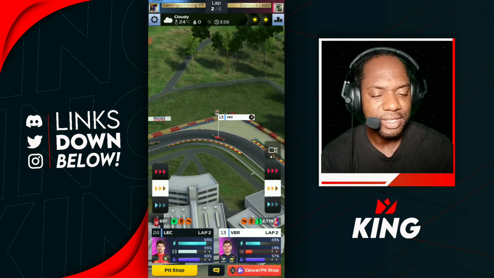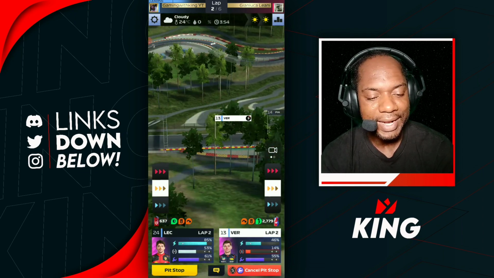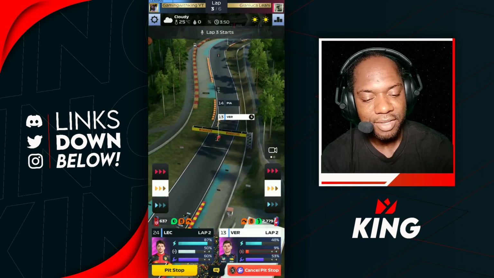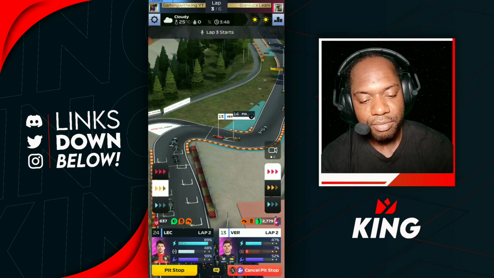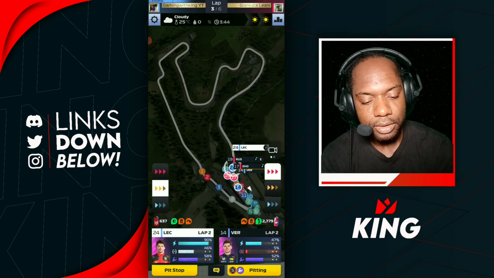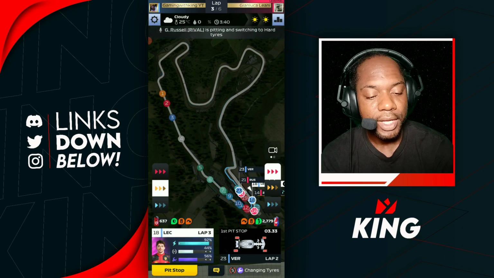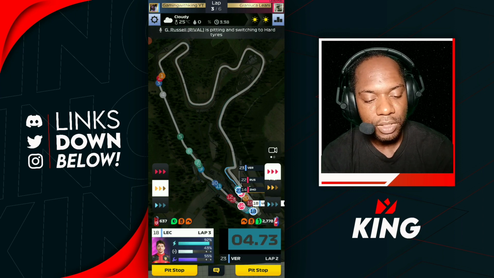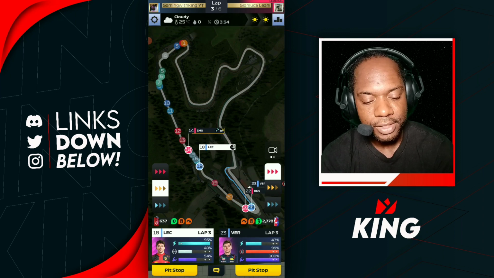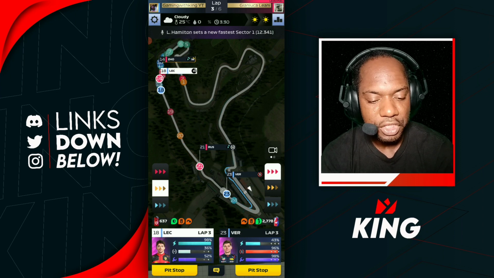But we still haven't seen... I would say HUD should add a button for team orders. You know what I mean? Instead of basing it on who's on the higher engine mode, you can add a button that one could press once both drivers are behind each other. You could press that button and it will initiate an overtake in terms of team orders, instead of leaving it on just the engine mode,